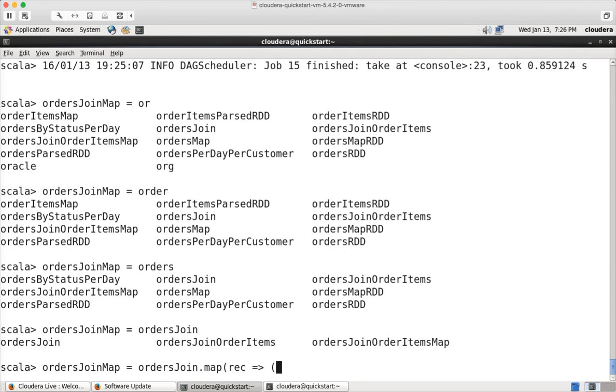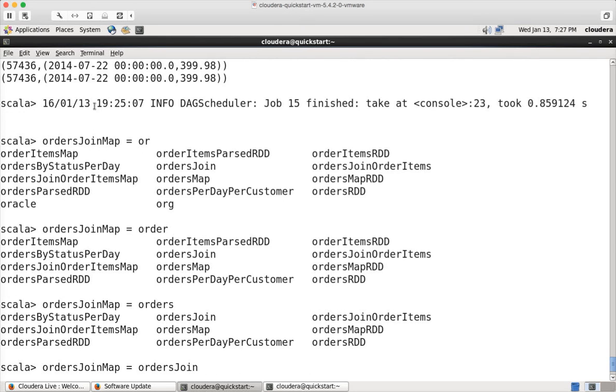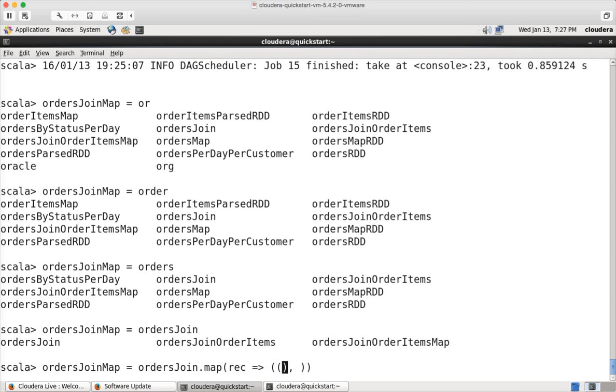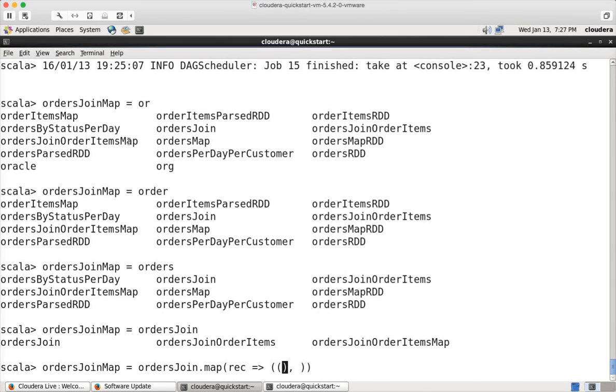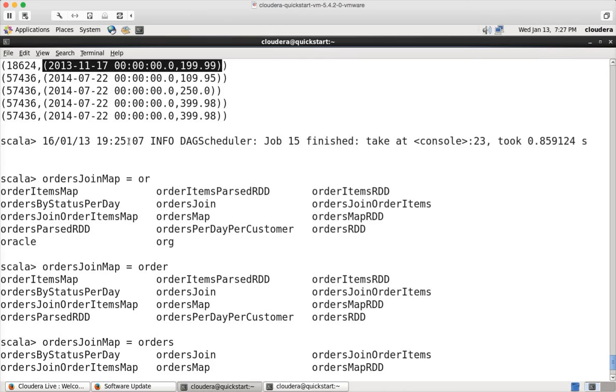Now I have to generate a key as a tuple and then the value. The value will be revenue, and this bracket is to close the bracket of the map function. So the first value in the tuple is itself a tuple, so it requires two values. First one is order date,